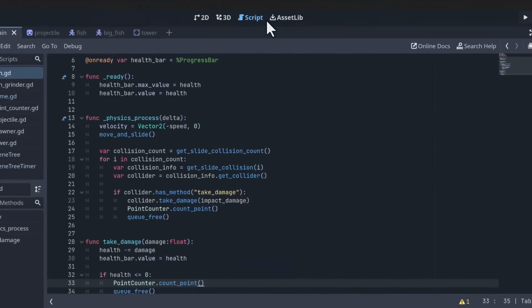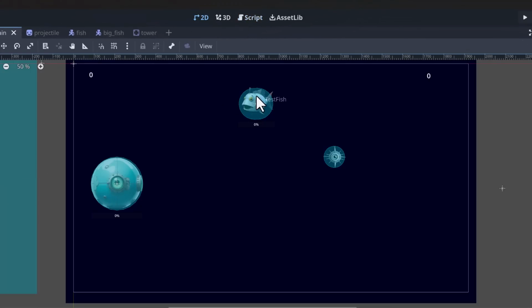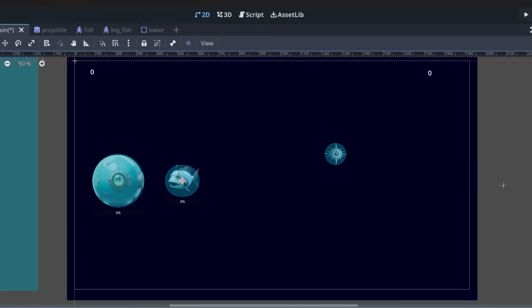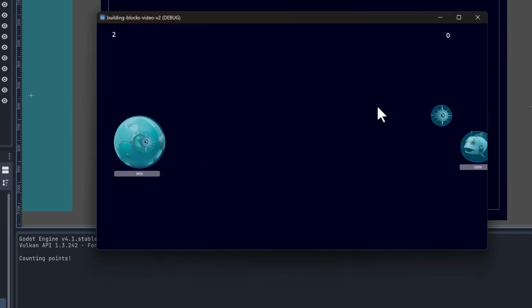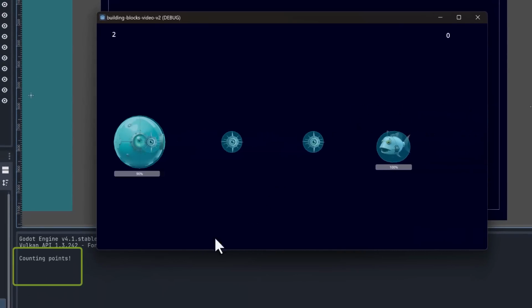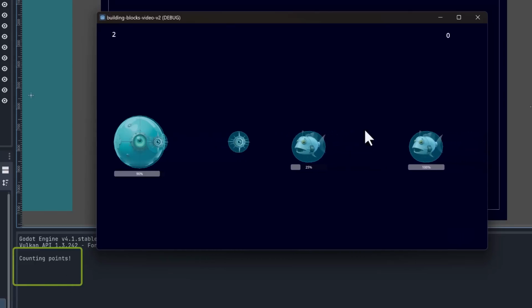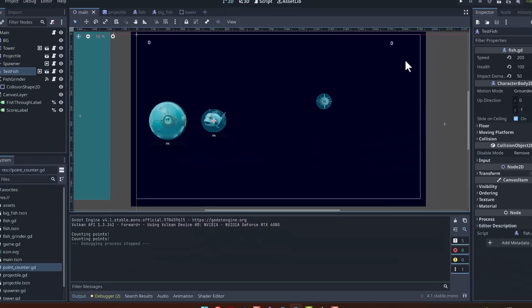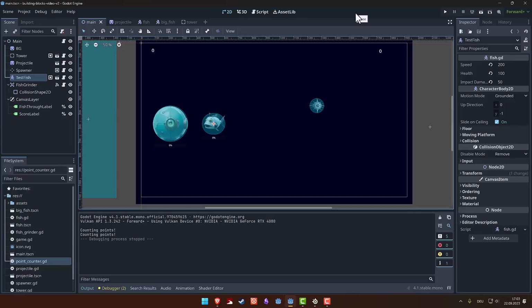And then we can try it out. And maybe move our test fish down here so we get quicker feedback. And let's see. And boom, the fish has been destroyed and we got a point counted down here. So now we are 50% of the way. The point counter knows that a fish has been destroyed, but we still need to get this into the